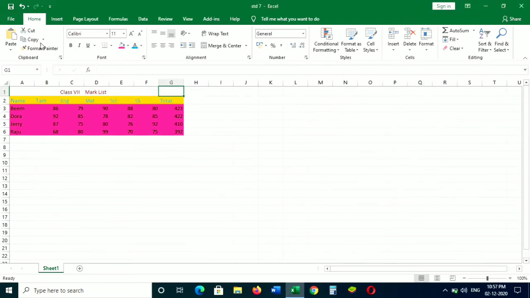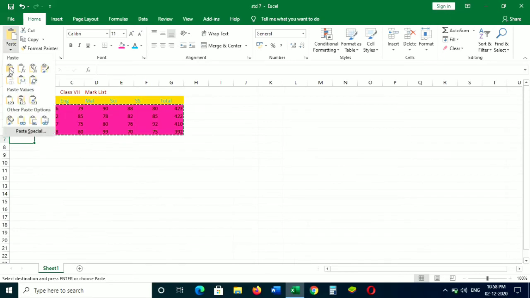To know how to use the paste special features. Step 1. Select the range of data you wish to copy. Step 2. On the Home tab in the clipboard group, click Copy icon. Click the cell where you want to paste the range.